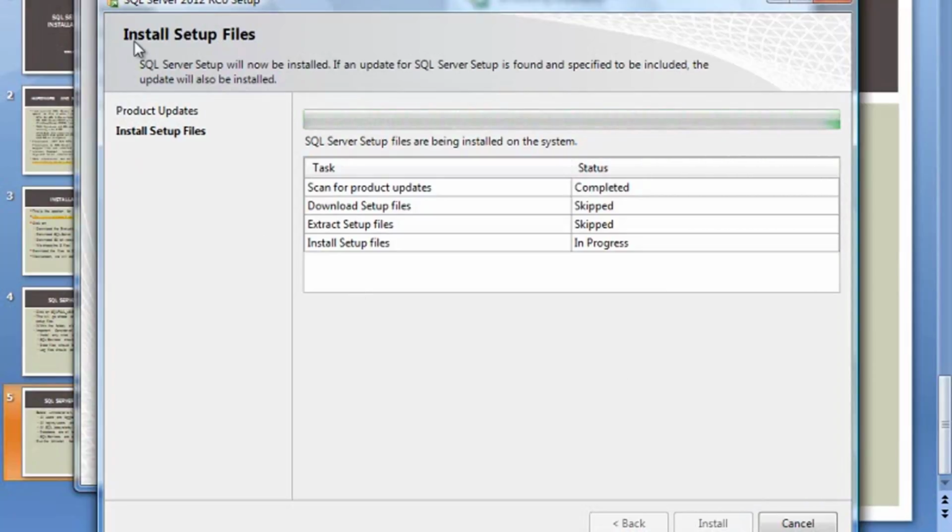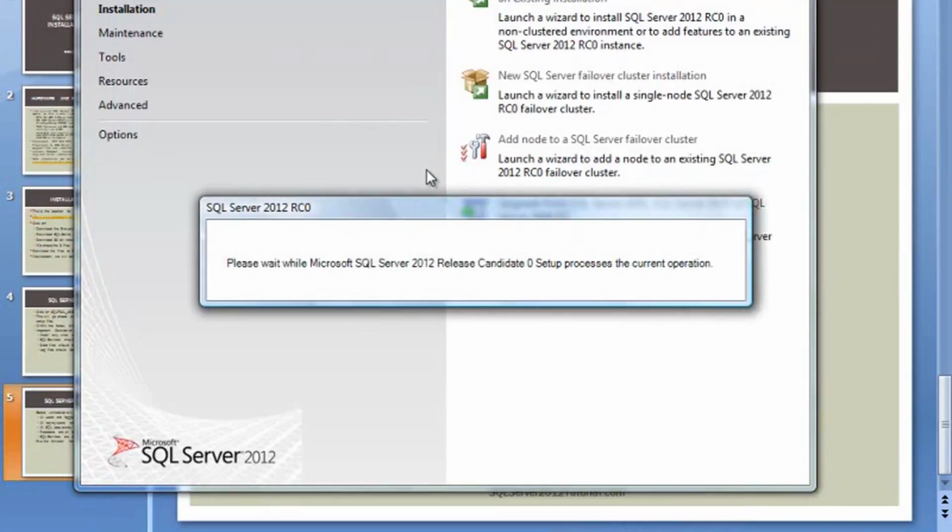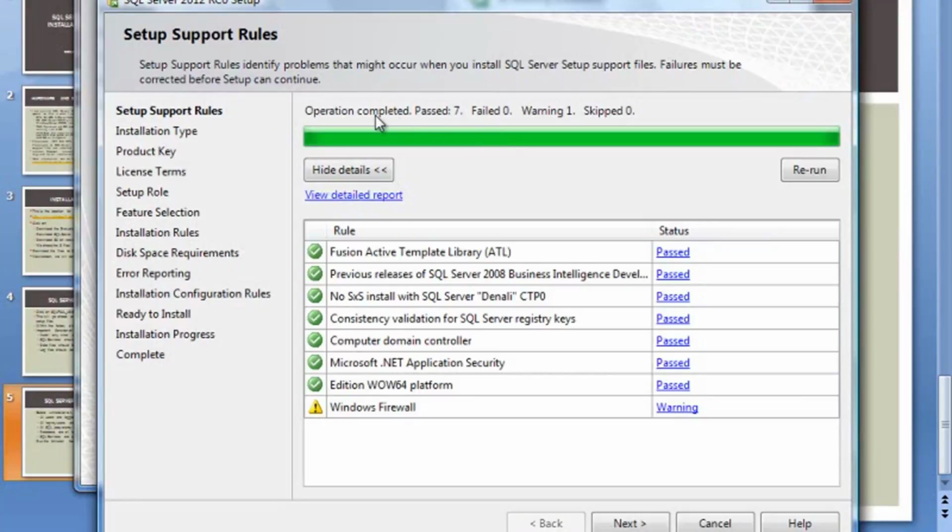This step, it says, is install setup files. If an update is found, it will be included. So what it's doing right now is finding what options of SQL Server are already installed. If you were doing a fresh install, you would obviously be going along with all of the files. In our case, it will probably find specific files that are unique to a named instance. So it finished doing its thing. Now we are on to